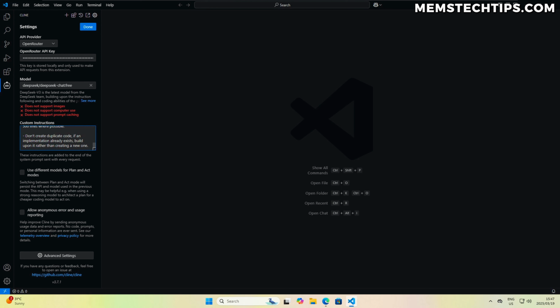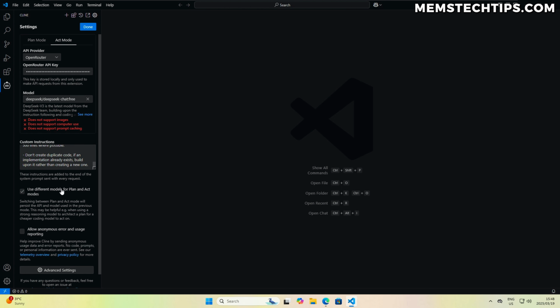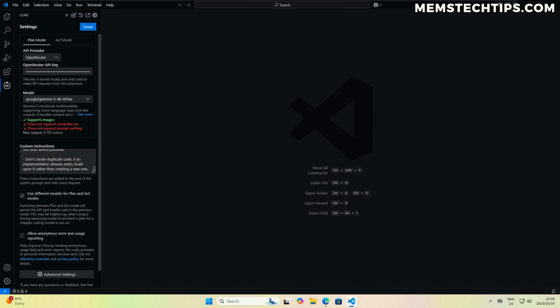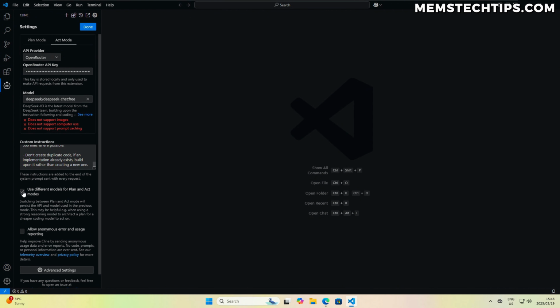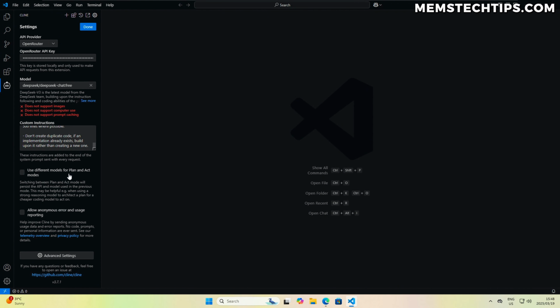Now, as you use these tools more and more, you'll understand how the different models work and where some of these instructions are absolutely crucial, and for some models you just don't need to even give these instructions. But next you can choose if you want to use different AI models between plan and act mode. So Cline has an act mode, which means it'll write the code, and then it also has a plan mode where it first plans out a detailed implementation that it will act on once you toggle to act mode. For me, I just leave the same model selected for both plan and act mode,